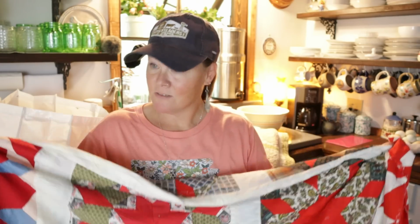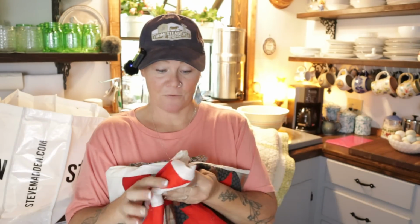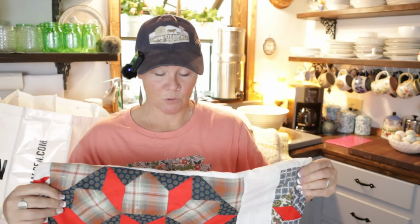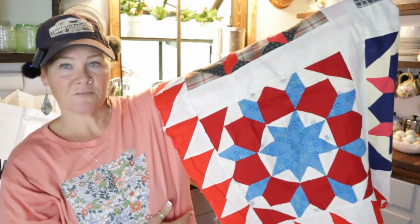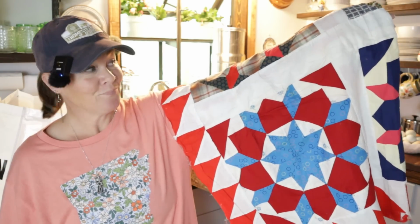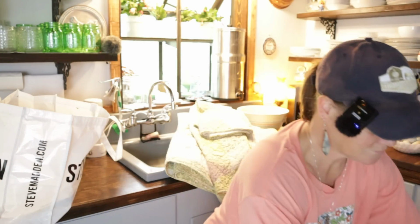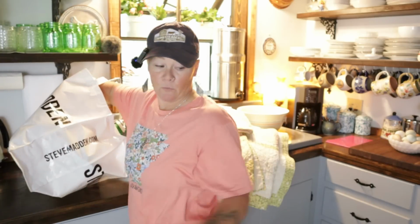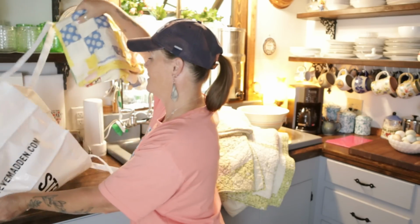And I decided that I would use these for my project. That way I'm not cutting up a completed quilt. I thought this will give an unfinished quilt top a new life, and it'll be perfect for what I'm planning. And I actually got two of them. That one was in perfect condition. There's not a single stain anywhere on it. However, this one,